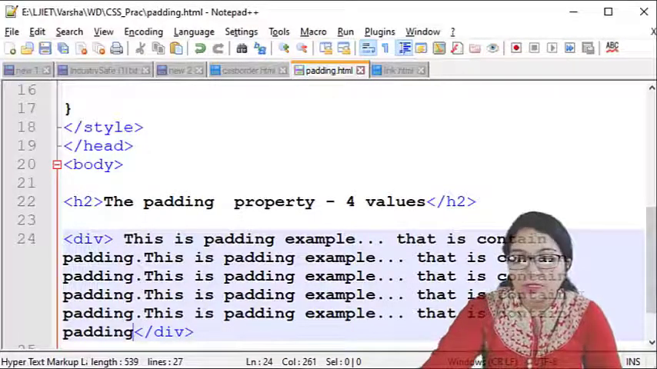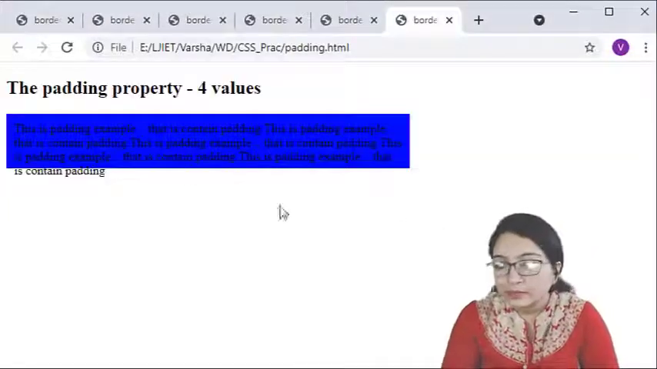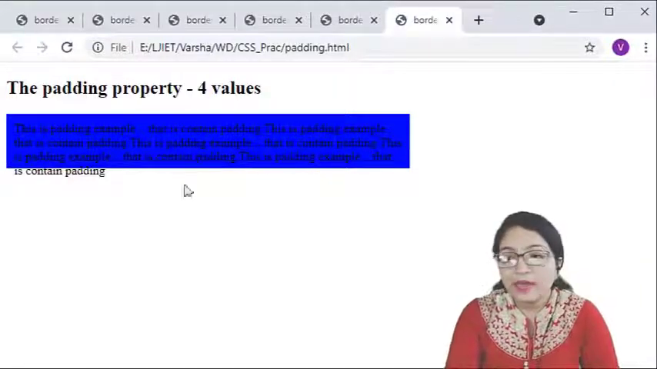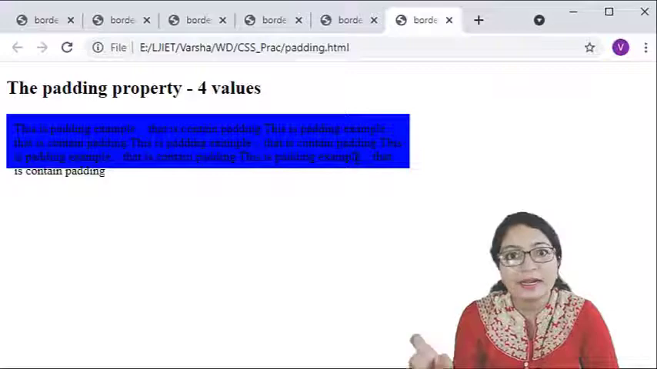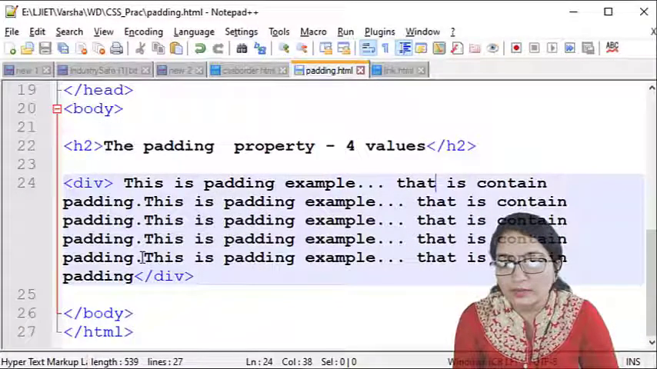Got it? Now execute this, so you will have a better idea about all sides of padding. See here, exactly 10 pixel padding is there. Now this is the outside of this division. Why? Because we have provided its height as 50 pixel, that's why. So just remove this one line